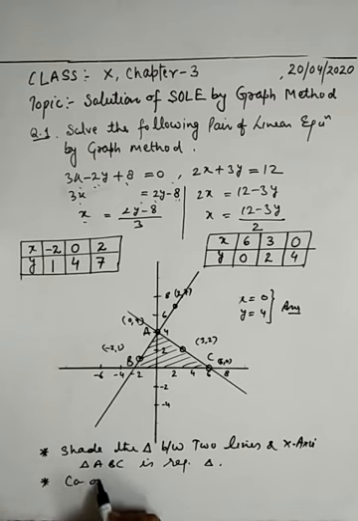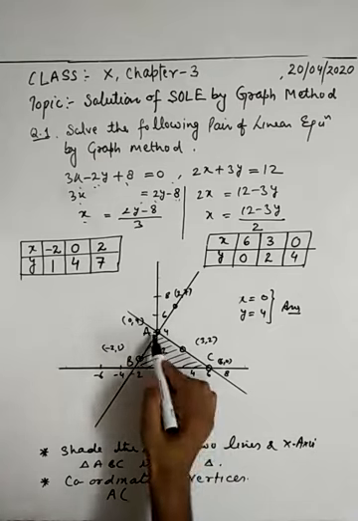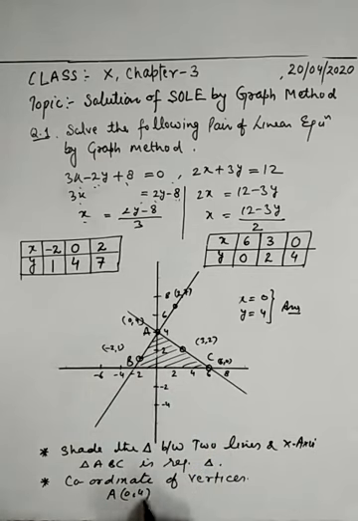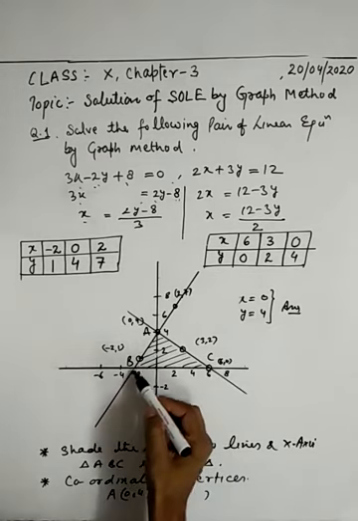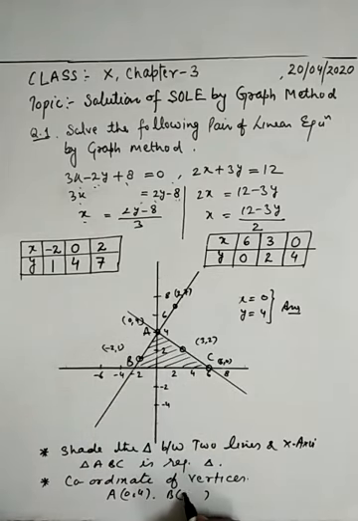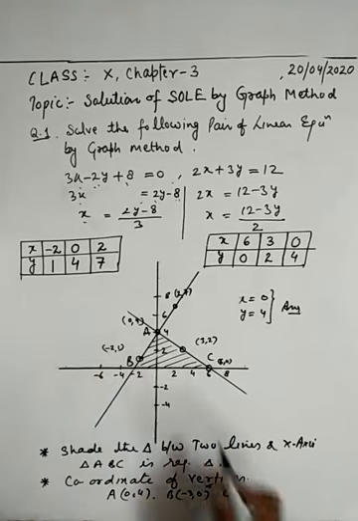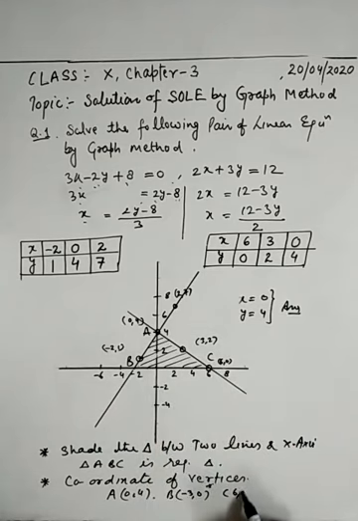Can you find the coordinates of the vertices? Yes. A has coordinates 0, 4. B is approximately x minus 3, y 0. This may be slightly off, but we just consider that the line is passing through here. And the C coordinate is exactly 6, 0.